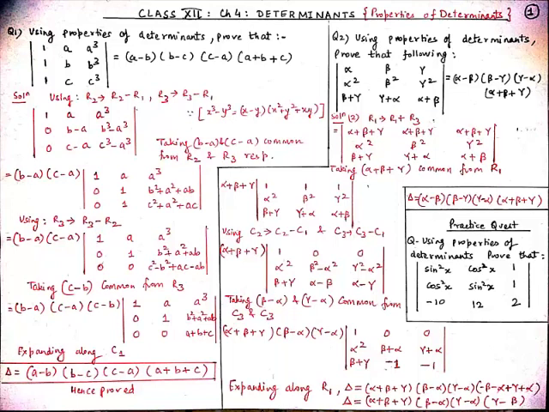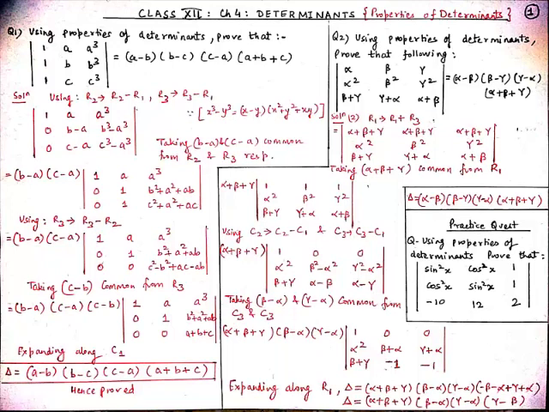Students, as I have already told you, if we have three ones in rows or columns, then we will make two zeros by applying row or column operations, and then we will expand it. So here, as you can see, we have three ones in column 1. So here we will apply the operations R2 → R2 − R1 and R3 → R3 − R1. With these operations, elements of R1 will remain unaffected, so write them as it is.